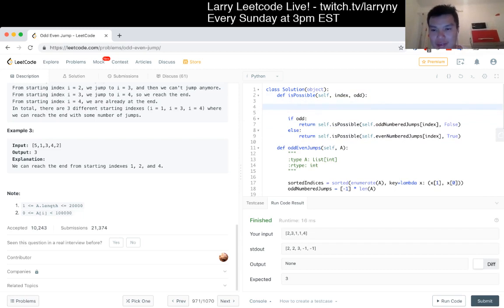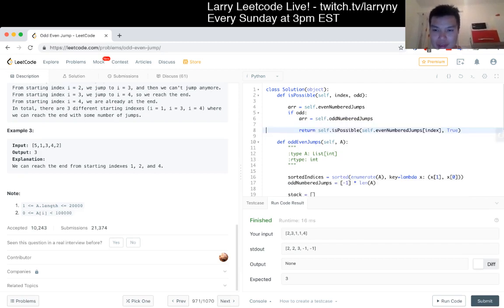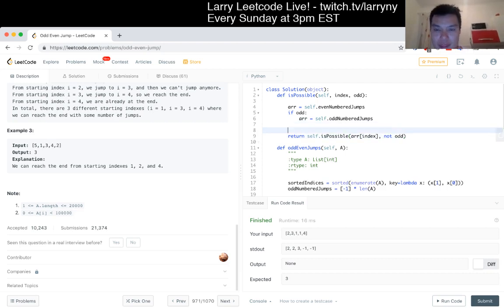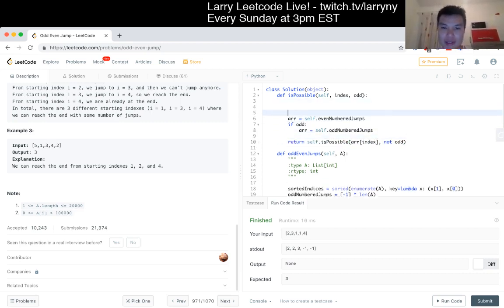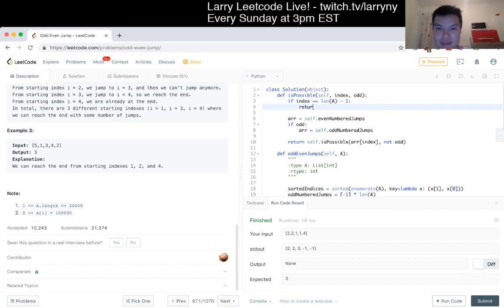So I just do like... Oops, did that twice. So now we just return. Okay, now base cases. Well, if index is equal to what is it? None of a -1 maybe, then return true, right? That's mostly it, really. Oh yeah, and we have to check to see if